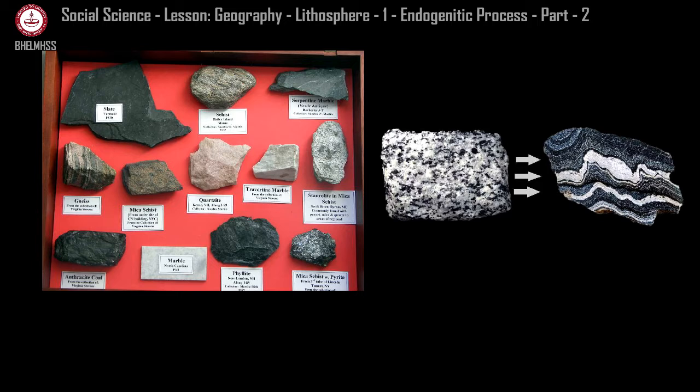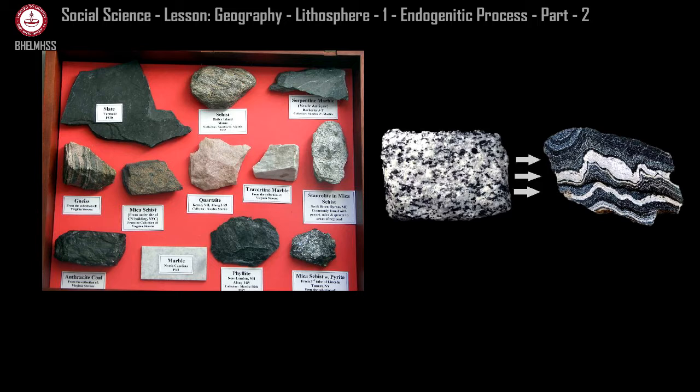So the very first formed sedimentary rocks go deep into the ground. These deeply embedded rocks, due to heat and pressure, because tons of soil and trees are placed over them over the ages, become the ones found underneath the earth. Due to more heat and pressure, they change their form. Like graphite becomes gneiss, basalt becomes schist, limestone becomes marble. So there is a change of form. Such rocks are known as metamorphic rocks.